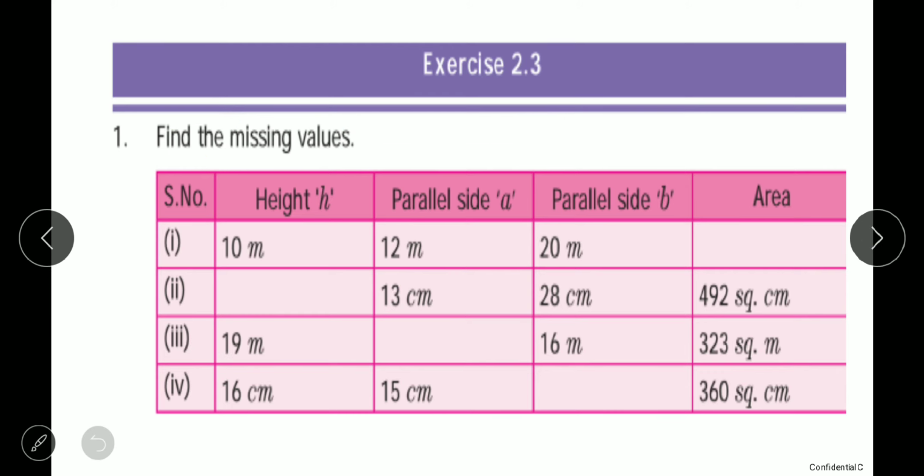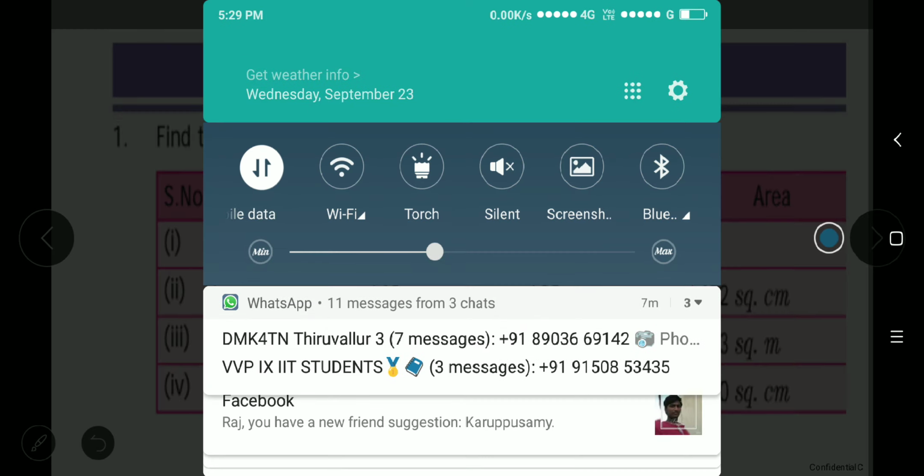And here we have some questions. It is from exercise 2.3. Find the missing values. Here height is given, parallel sides are given. Why not? Then we can find the area by multiplying all the values. This is our formula: 1 by 2 into (a plus b)